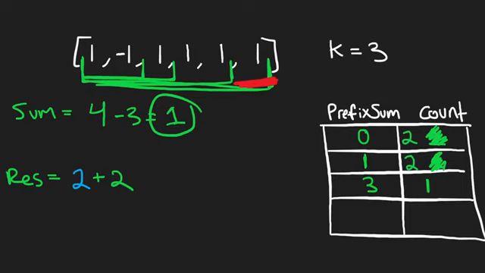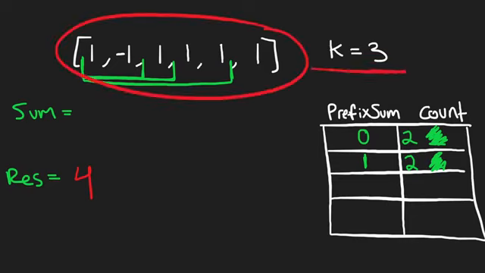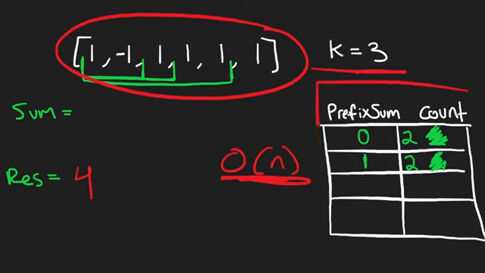And once we've done that, we've iterated through the entire array once, we're done, right? We did an exhaustive approach. So we ended up getting a result of 4. There's 4 different subarrays in this entire thing that can sum up to 3. So obviously, it's a linear time solution as well as linear memory because we're using this hash map. But that being said, now we can jump into the code, and the code is pretty easy once you can